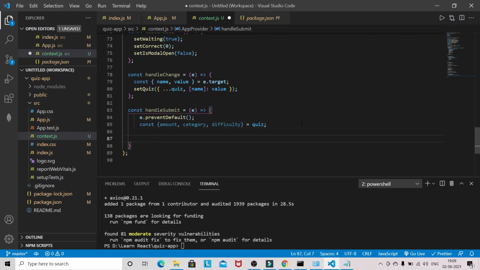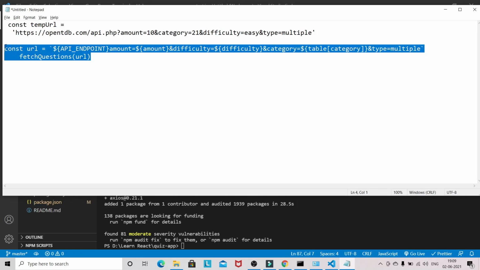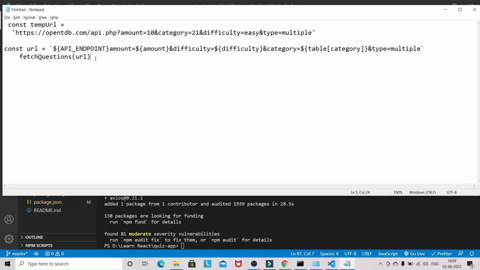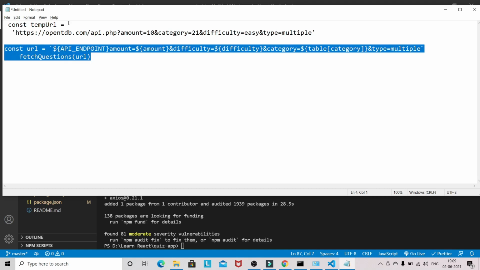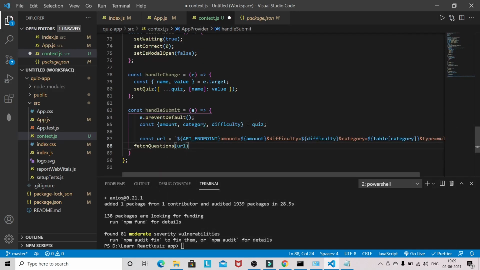Now we have to construct the dynamic URL. I have already pasted it here, since it's very long and I don't want any mistakes. So you have to construct the URL, and I will show you what you have to pass.